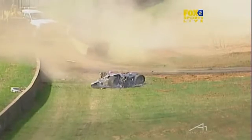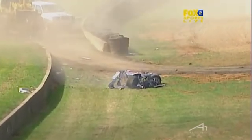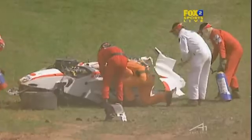Now we catch the tail end of that incident, and well, that was a big impact. It was a big impact. I think he did actually, I think, yes, he might have done. He did hit the unprotected part of the concrete wall, in fact, and there you can see the damage to the car. But the marshals are there very quickly indeed. And you'll see that there's movement in the cockpit. That's the first sign. Now, the marshals themselves are not allowed to touch